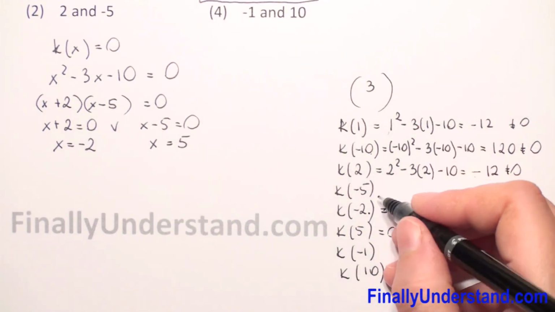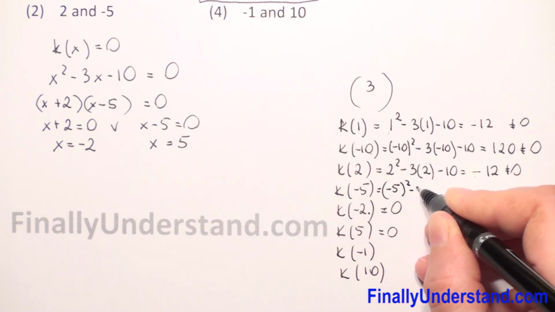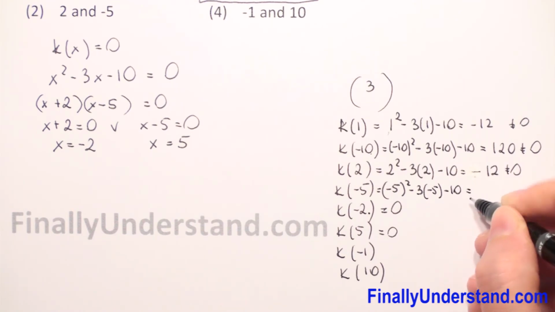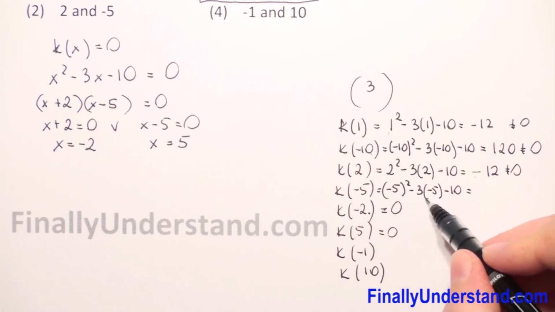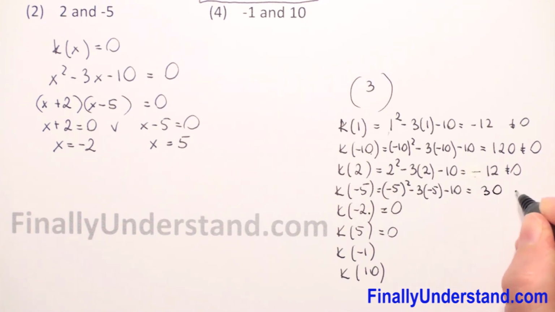Next, we substitute x by negative 5, so negative 5 to the second power minus 3 times negative 5 minus 10. So this is equal to negative 5 to the second power is 25 plus 15, so it will be 40 minus 10 is 30,